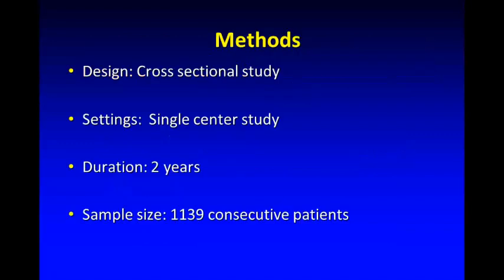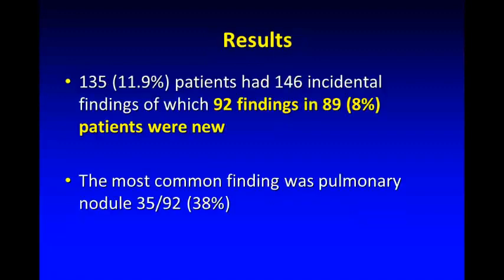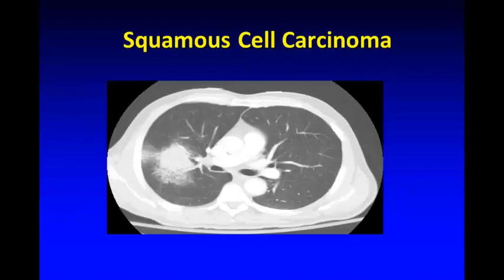We looked over a 2-year period at 1,139 patients who had CT attenuation correction for cardiac SPECT, and we found that 12% of the patients had incidental findings, and nearly 8% of them were new. Now most of them were not significant, did not impact patients, but out of nearly 1,100 patients,